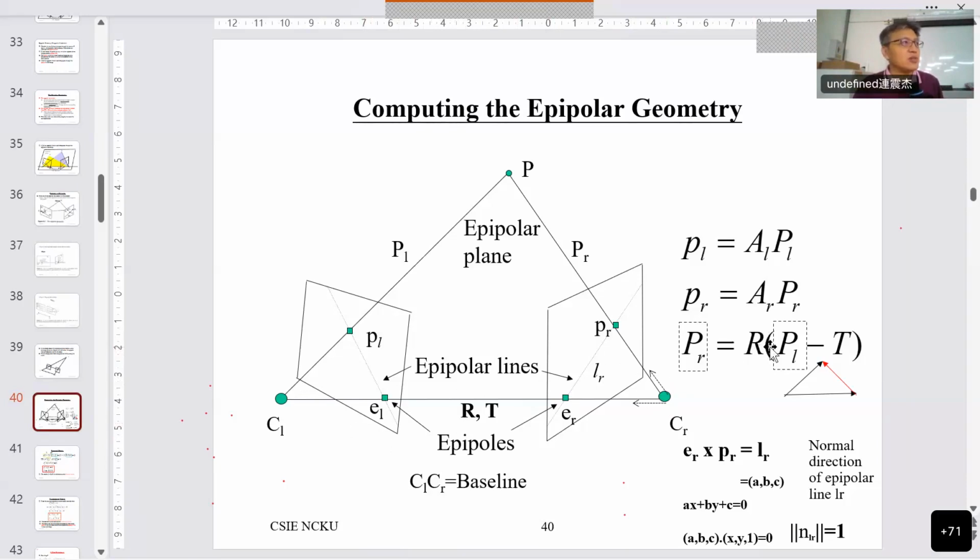rotation matrix is a relationship from the left-side camera after you do calibration, and you have a rotation here. And you also have the other rotation here. So you multiply the two rotations together, and it will become the relationship between the two cameras. So multiplying the two rotations together, it becomes this rotation. That is the relationship between the two cameras. Okay. So our first purpose is what we call